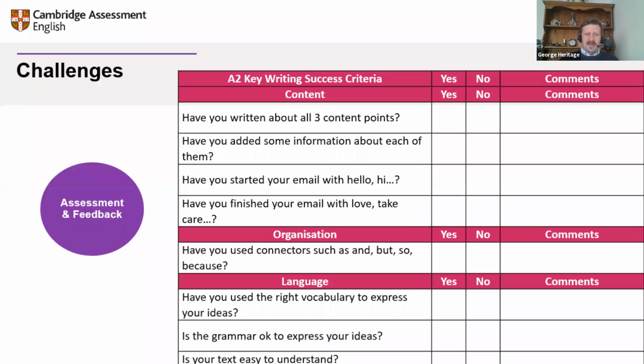Okay, this is based very explicitly on our A2 Key assessment criteria, but it is written down to level. All of our assessment criteria have been written for qualified examiners who understand the language, but what's really important is writing it down to level and making it accessible, understandable and clear for your students. And it's a really nice way to support or start building peer assessment into the class alongside self-assessment.